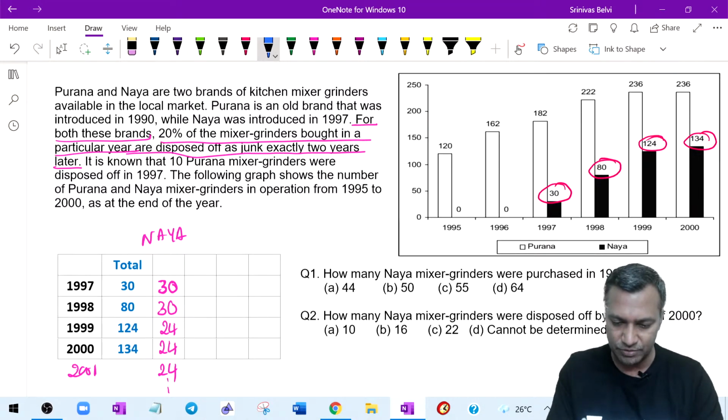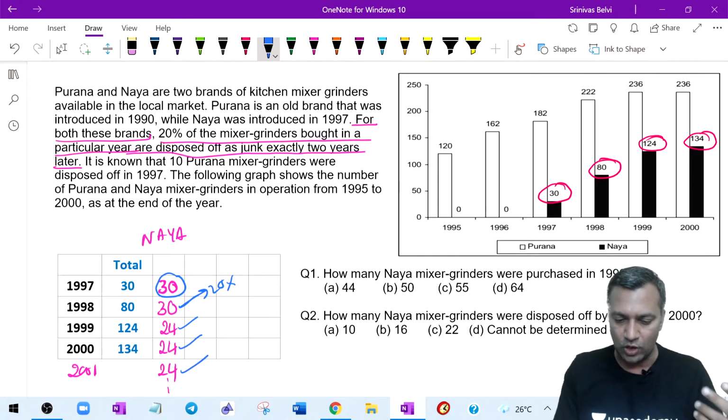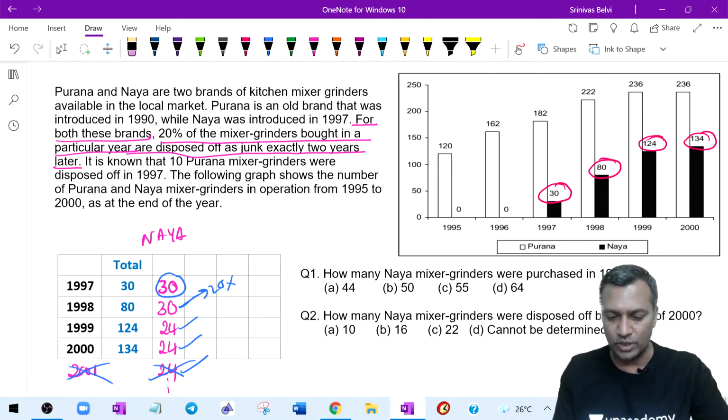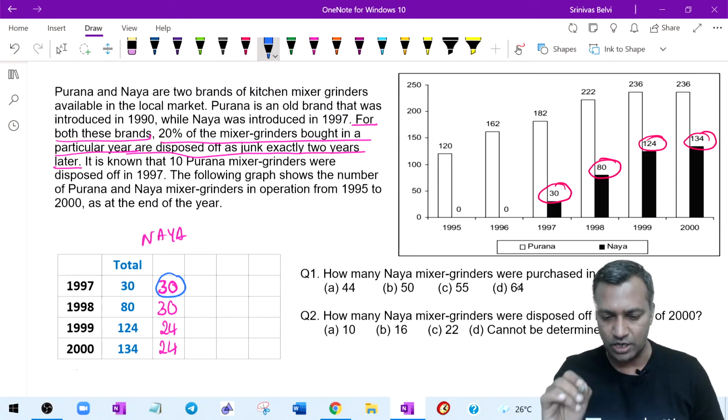That's the understanding, which means this batch of 30 will remain in the next year as a batch of 30. After that, 20% of this gets discarded, 6 get discarded, 24 would continue. I'm not interested in 2001, but in case there was a 2001, that is what it means to us. Fair enough. We understood. Let's go to the next one.